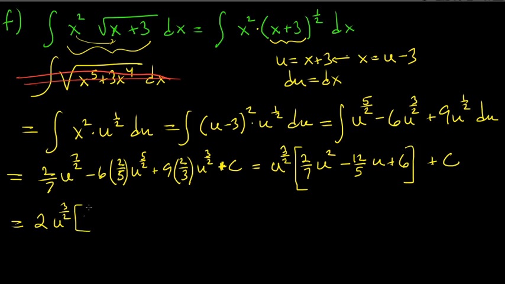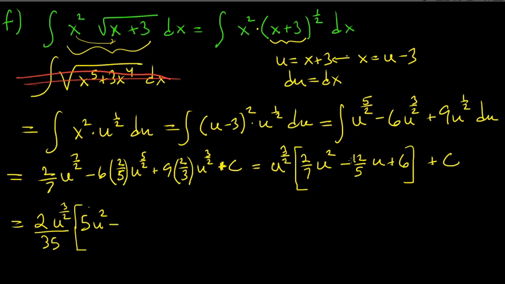So maybe I should also get a common denominator here, which is what, 35? So 2/35. Oh, now I'm filling this up though, so I better end this quick. Yeah, so 2 over 35, so that means this is going to be 5u squared